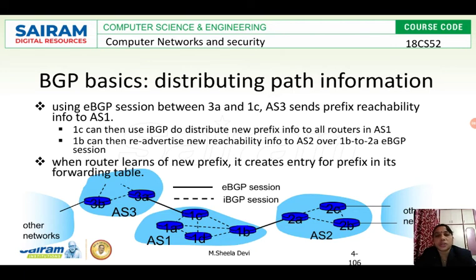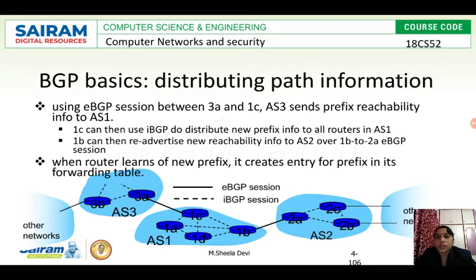Who are the routers present in AS1? That is 1A, 1B and 1D. It will advertise that you can reach this particular subnetwork through Autonomous System 3. This information will be propagated to all the routers present in Autonomous System 1. Yes.